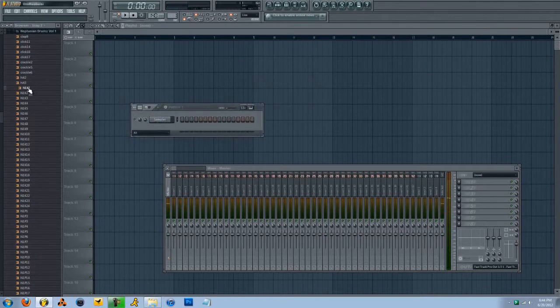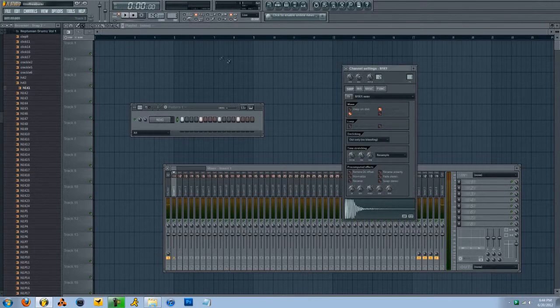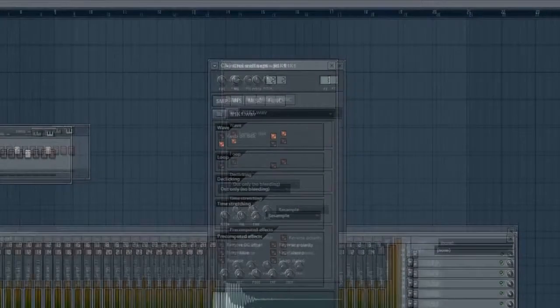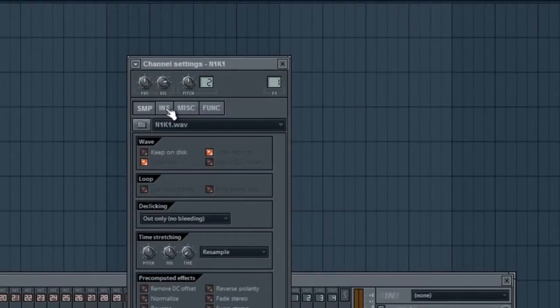it sounds great. So I bring it in here, and when I put it actually in my pattern, it sounds like this, which is crazy because that's not what I heard over here. So the problem is FL, just being stupid, got something wrong, and what you need to do is come over to the insert tab